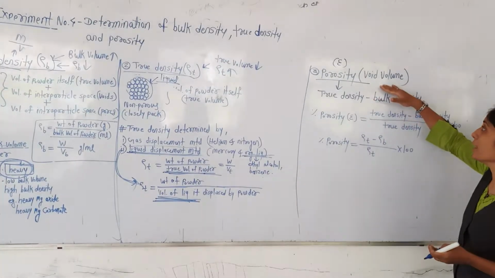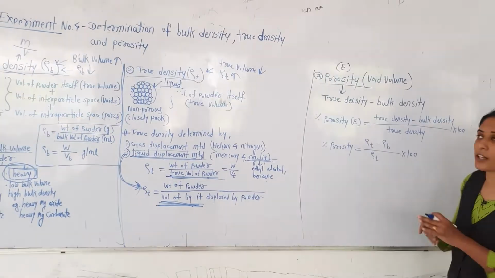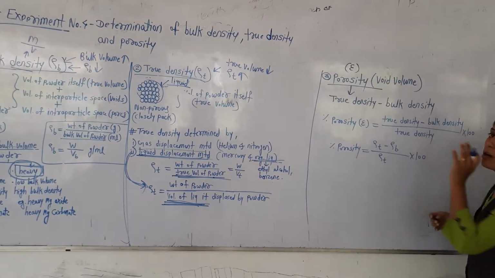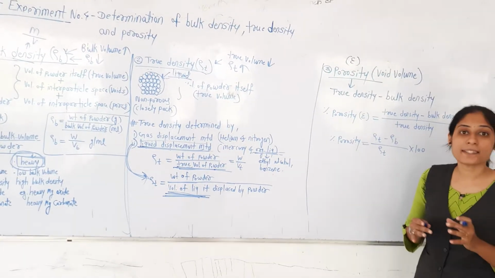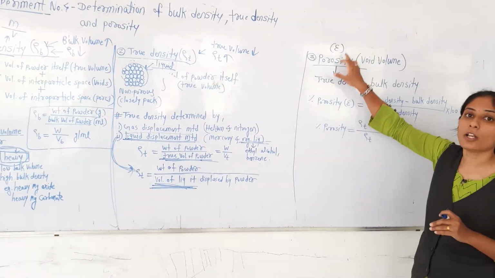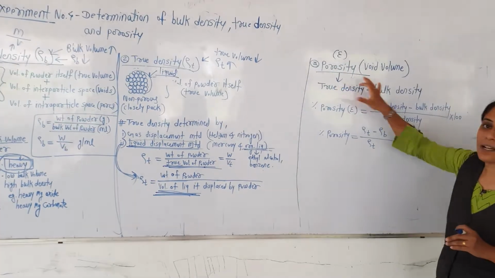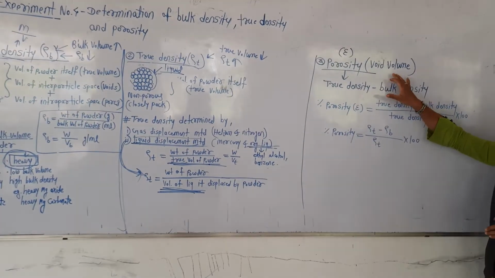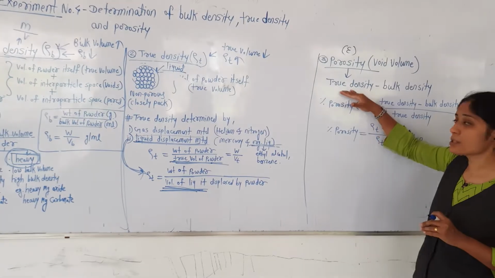Porosity means the void volume. It means how much pores or how much space is present in the particles or any powder sample. That is called the porosity, and porosity is indicated by the symbol epsilon. Porosity is also called the void volume, and for determination of porosity we can use the formula